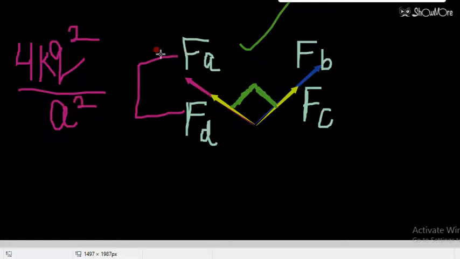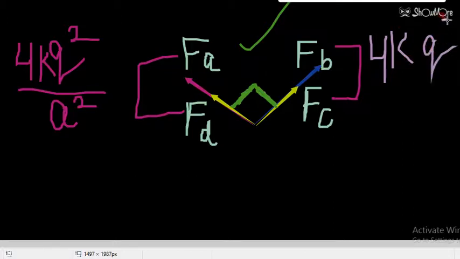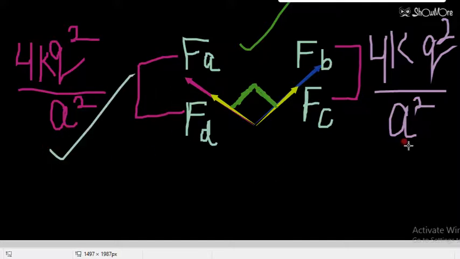This is the magnitude that we obtain from the addition of these two forces. In the same way, by addition of FB and FC, we will get 4k q square divided by a square. Now these two forces are perpendicular to